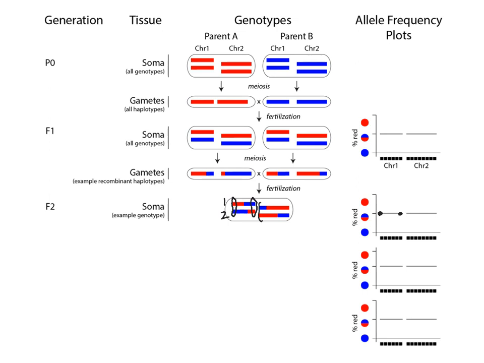On chromosome 2, the left end is 50%, the right end is half red, 1 copy is red, 1 copy is blue, so 50% red, 50% red, and so on. So we do the same plot for all the spots in between, and we get a plot that looks like this. So why does it look like this? Well, part of the reason that there are these deviations, like an extremely low value, it looks like almost all blue, and an extremely high value, entirely red, or almost entirely red, on the second chromosome, is that there is